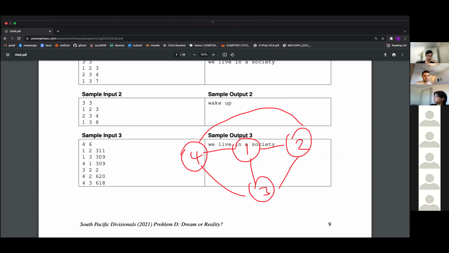Because yeah, I guess you can prove it. You can say if there exists a valid arrangement with this value equal to x, then there also exists a valid one where it equals y, because you can just increment everything by the difference. So in a component, it doesn't actually matter what each value is. All that matters is the relative differences. I guess that's the nature of the problem.